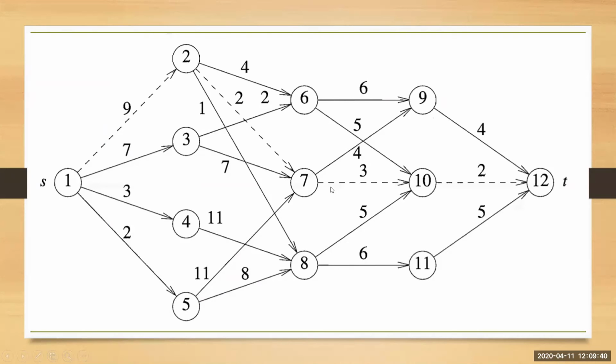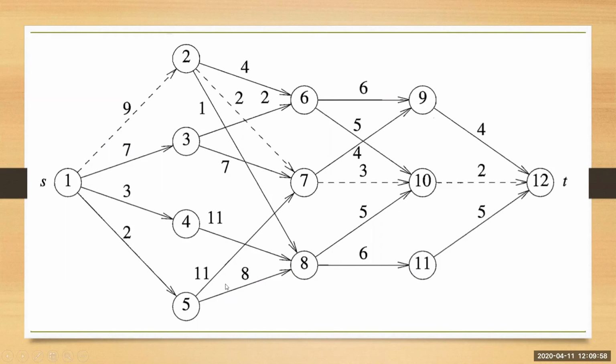Now how many edges are there? There are two edges, one to 9, the other to 10. The same thing you have to do now. C of 7 comma 9 plus cost of 9, and the other one, C of 7 comma 10 plus cost of 10, in stage number 4.